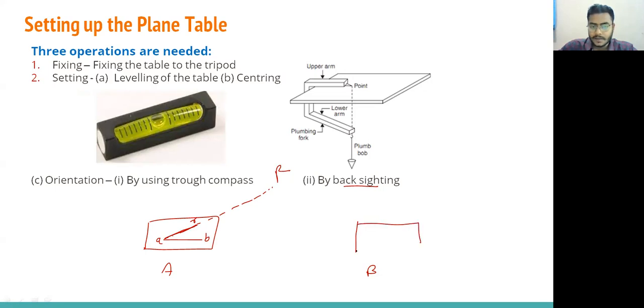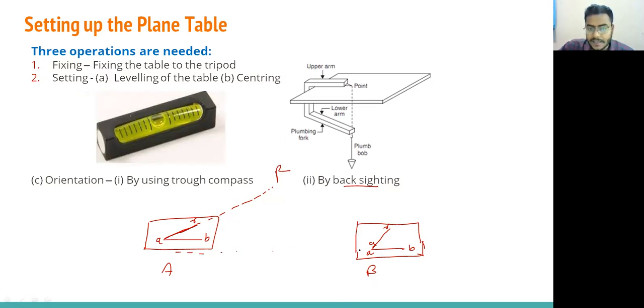Right. Now we come to station B. We have done the fixing, the centering, and the leveling. Now we are going to do orientation. On the sheet, A, B, R are already drawn. How can we make sure the line AB is parallel to the earlier AB, so the plane table is not affected and the orientation is the same? From station B we will sight station A.